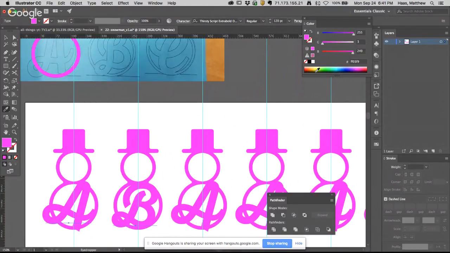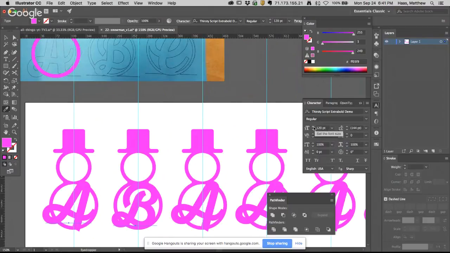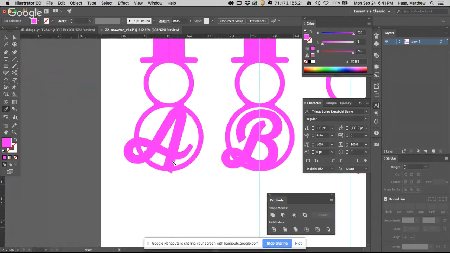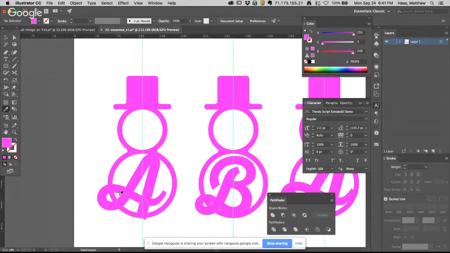Try and get this. This is just some subtle tweaks here is what's going to be needed. See here, I like how the A juts down, and I like how this is in the center here and